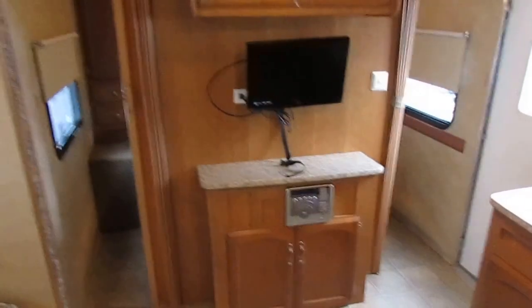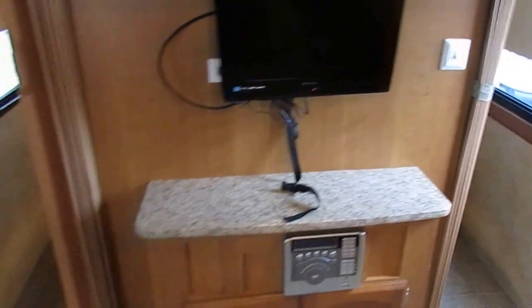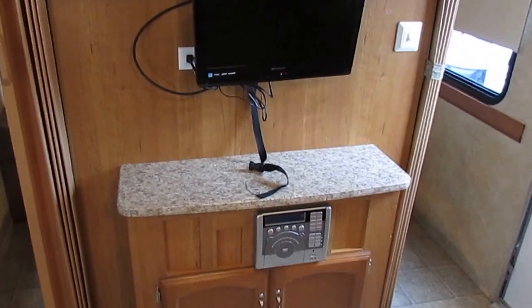It's got the dual entrance front bedroom. You've got an HD TV, CD player. We're going to do a major systems check, and what that means is that my certified RV techs, after you